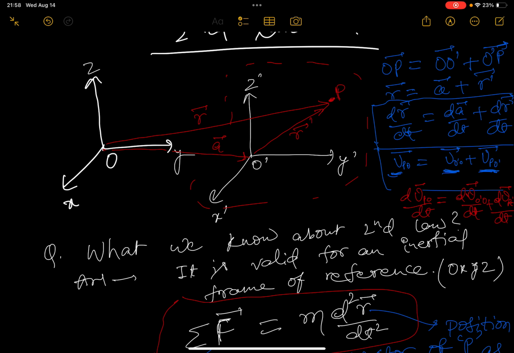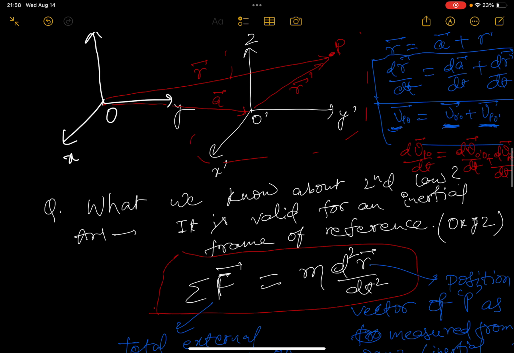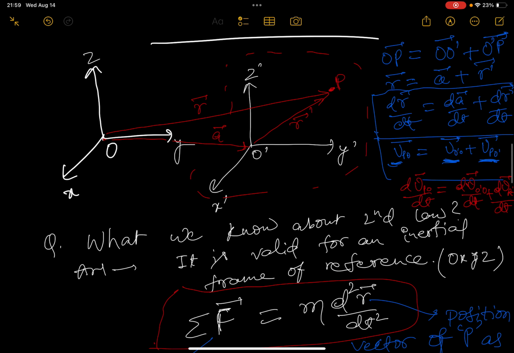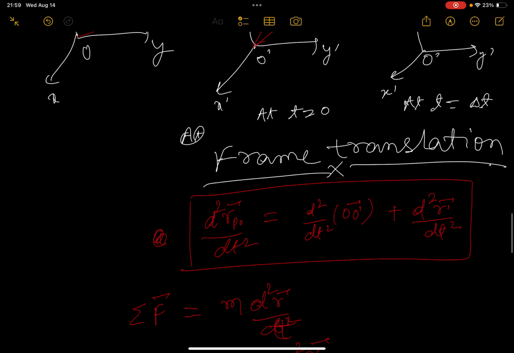d2o dash by dt square. O dash is nothing but the position vector of the non-inertial frame of reference as measured from the inertial frame of reference. So in that case, this d2o dash by dt square will be the acceleration of the non-inertial frame of reference when measured from the inertial frame. So that will be